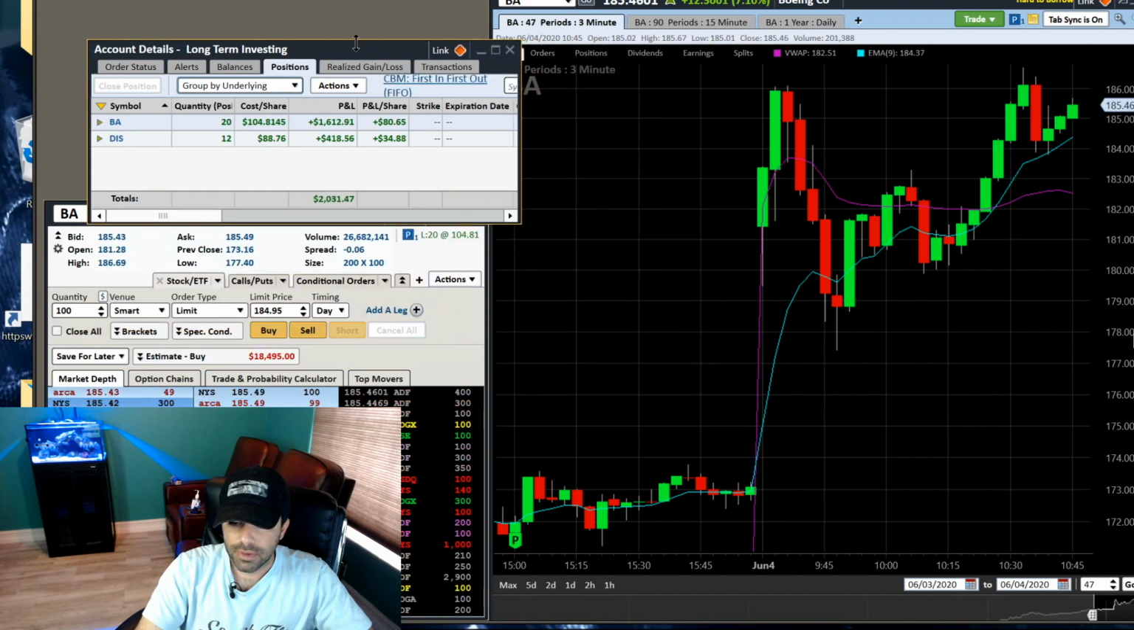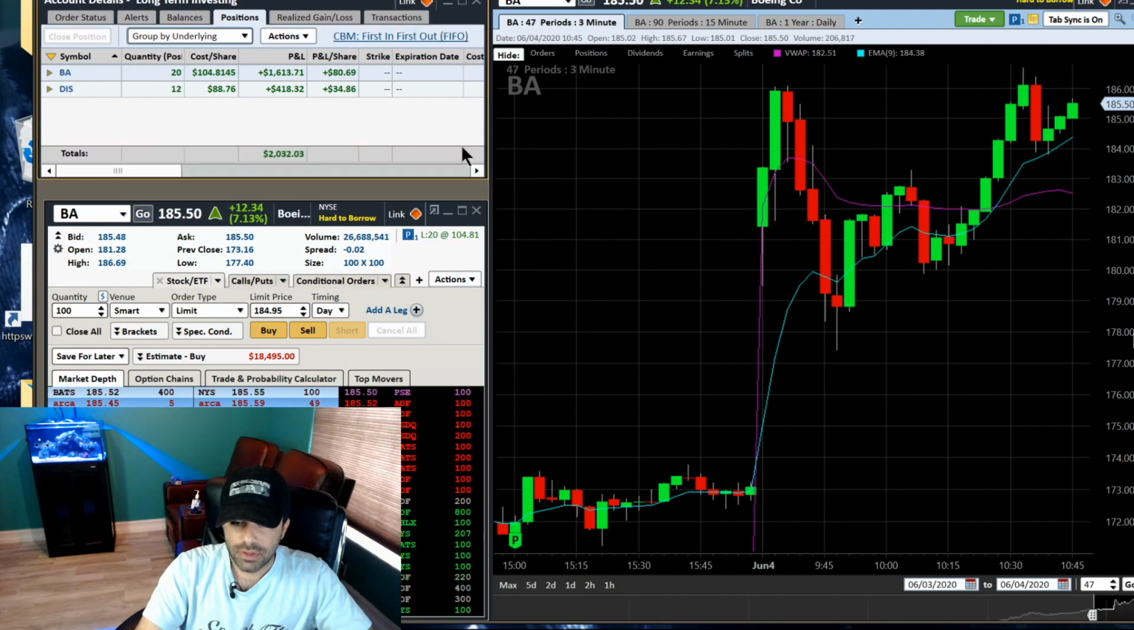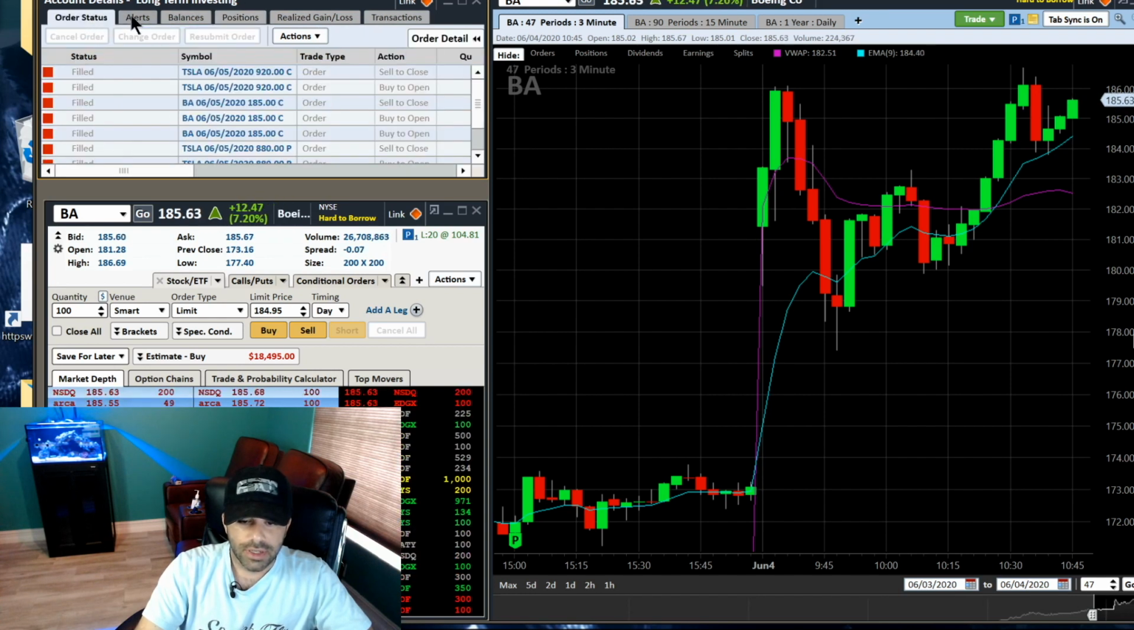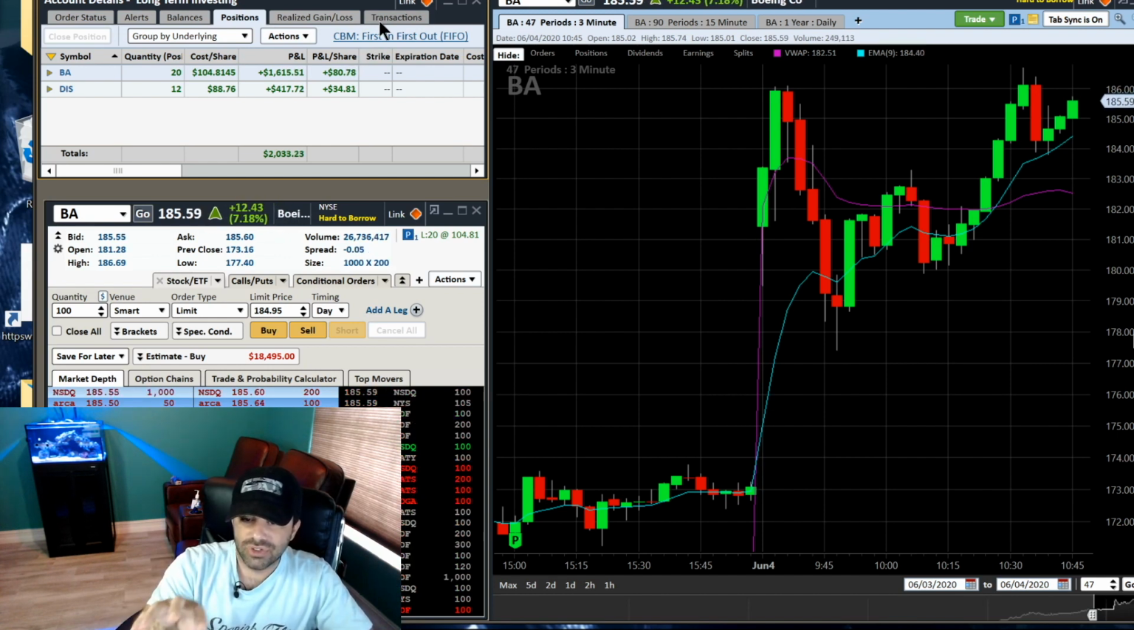This tool is going to show you your open positions. It's going to show you your realized gains and losses, your transactions, your balances, your alerts, your order statuses. So it's going to show you all of that all the time. And that's it. That is honestly all I personally need on this to trade